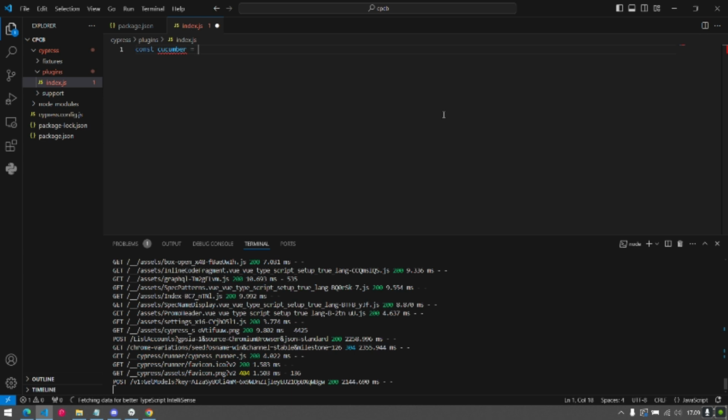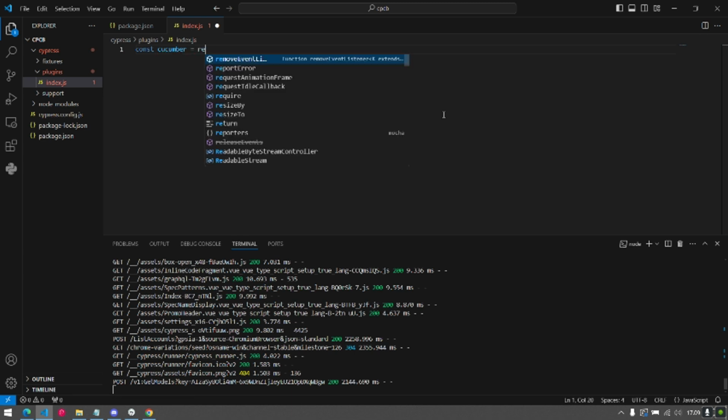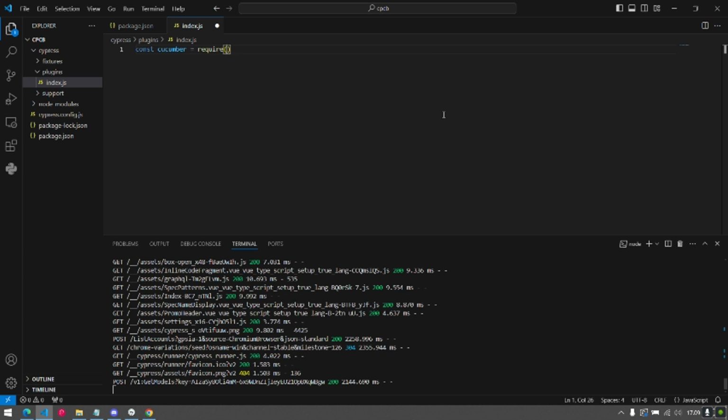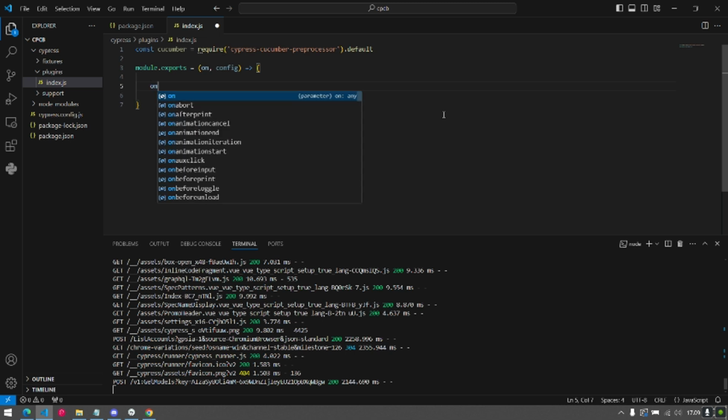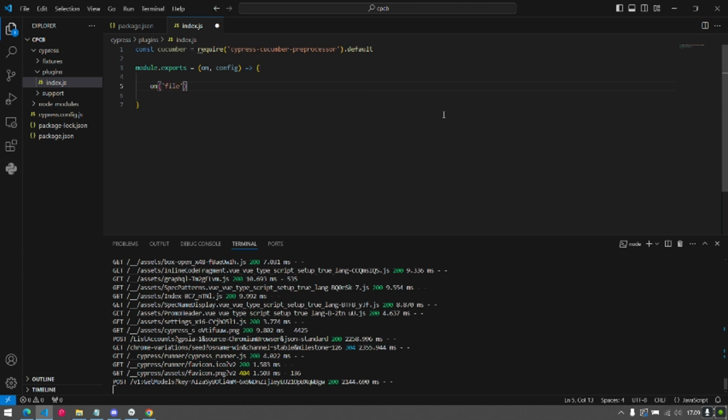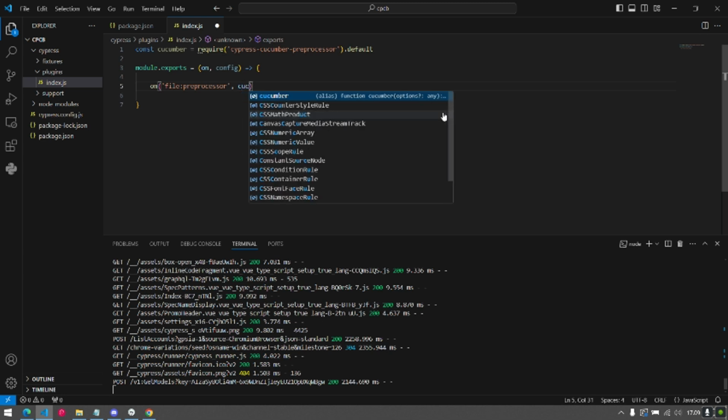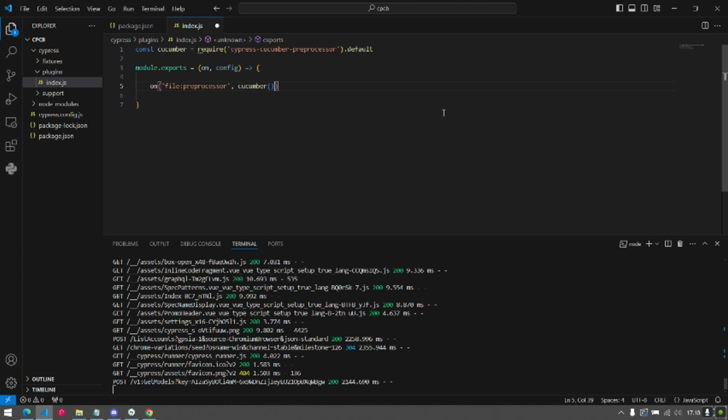We call the preprocessor by typing this script: the Cypress Cucumber preprocessor default, and then module.exports, comma, function, on, file:preprocessor, and then the Cucumber method.